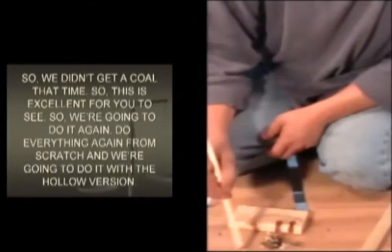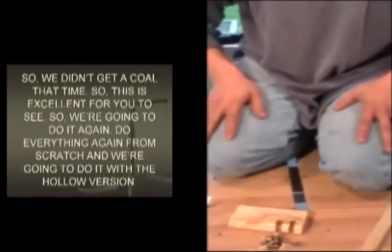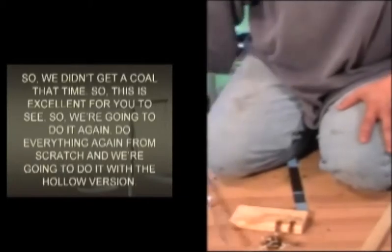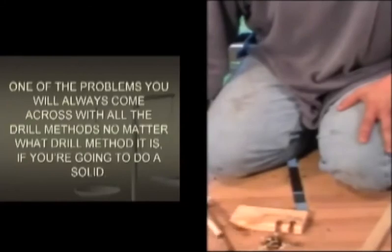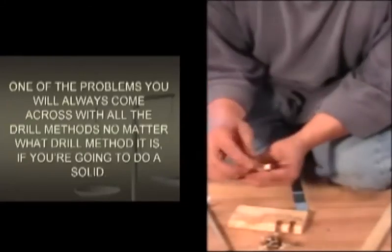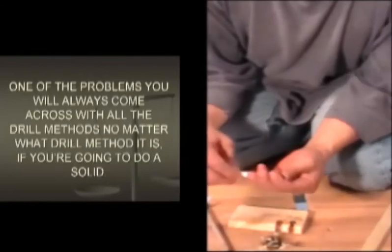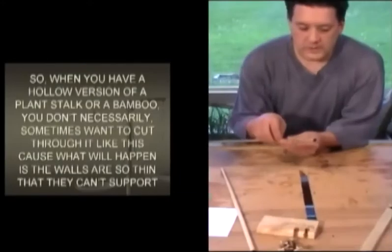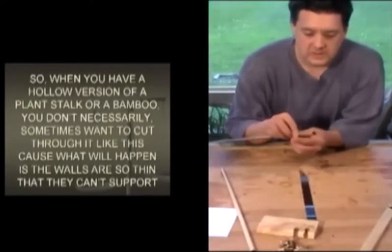So this is excellent for you to see. So we're going to do it again. Do everything again from scratch, and we're going to do it with the hollow version. Because this is one of the problems you will always constantly come across with all the drill methods, no matter what drill method it is, if you're going to do a solid. So when you have a hollow version of a plant stock or a bamboo,